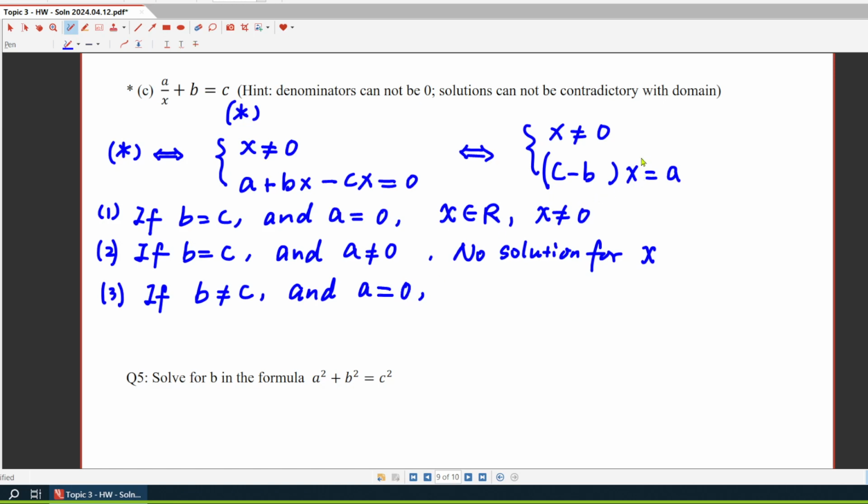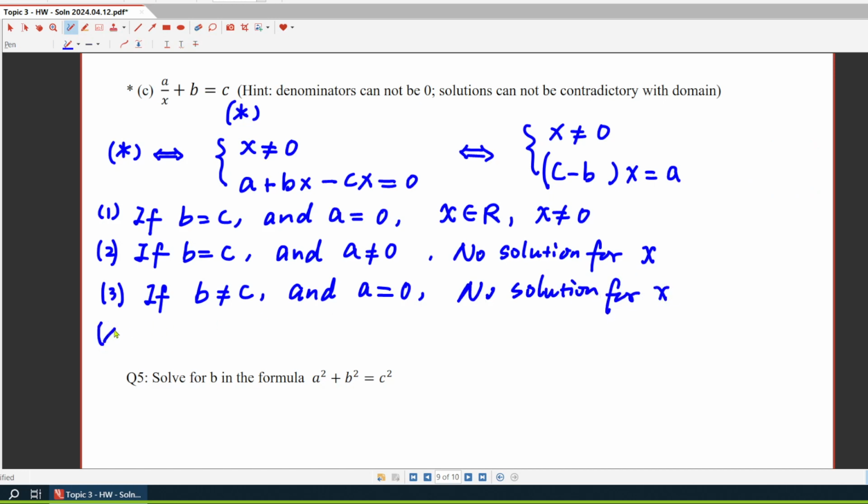That means x must be 0, right? But here we know that x cannot be 0. So basically you have a solution which says that x cannot be 0, but x must be 0. This is not possible, right? Therefore, in this case, we have no solution for x